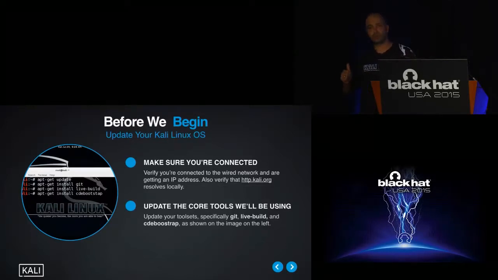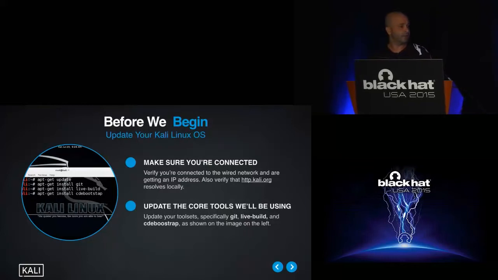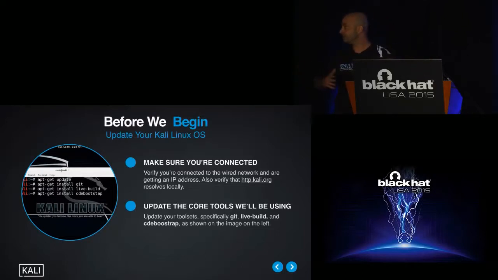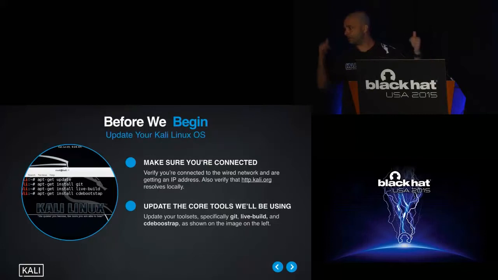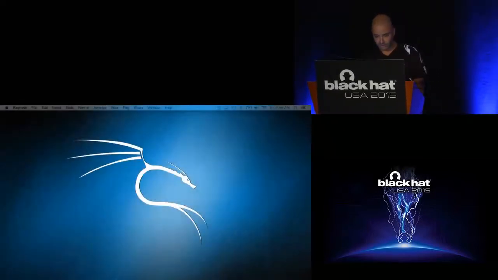What I'd like to make sure is that you are able to resolve several addresses belonging to the Kali repositories, which are actually sitting here up front, and make sure that these addresses are internal. This will make sure that when you are downloading stuff and bootstrapping stuff, this happens over the local network and not going through the internet, which would be obviously much slower. So if you could quickly just ping a couple of addresses,